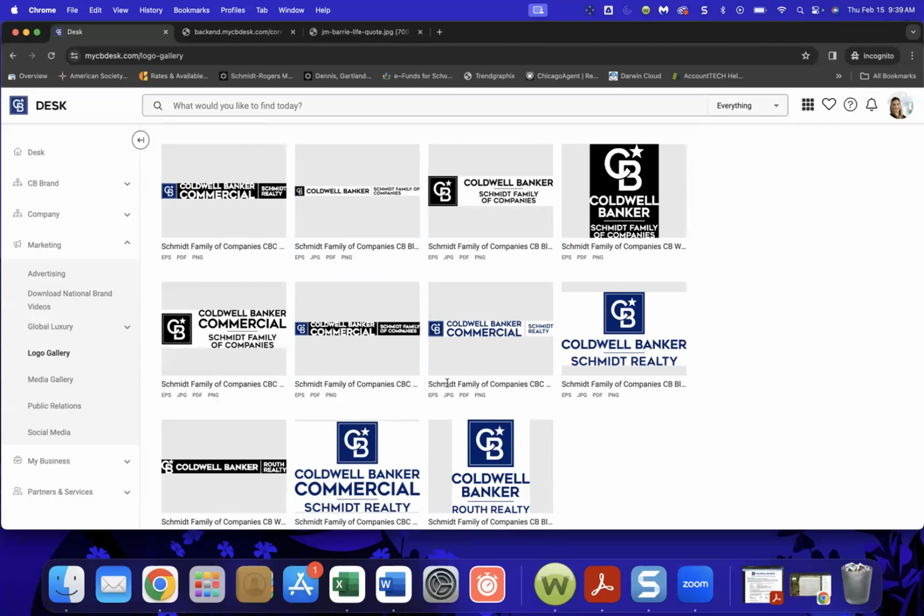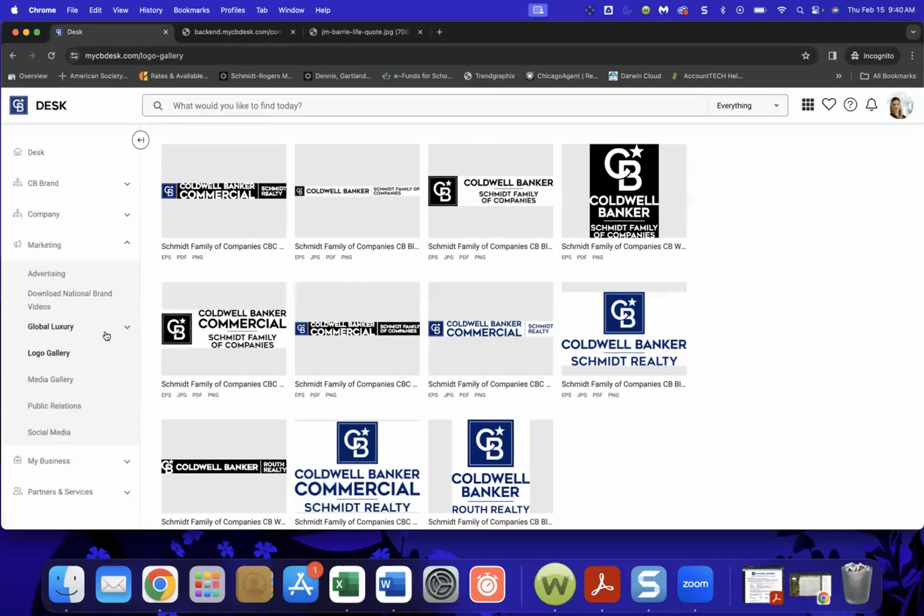Keep in mind the CB star, I don't know if you've noticed, the CB star is always white. So you cannot use the monogram on a colored background that would then turn the CB star blue. It needs to be white. So if you're working on a dark background, you need the monogram version. If you're working on a light background, you need the frame version. So that's kind of the differential there, but always keep in mind the CB star should always be in white